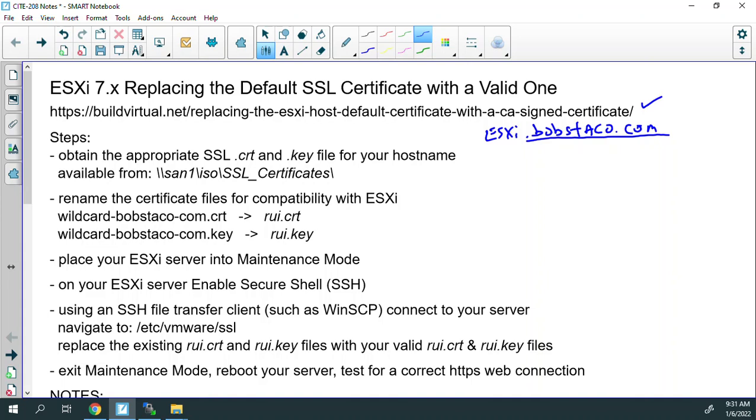So as owner of bobstaco.com, I've gone out and I've gone through the steps to generate a wildcard certificate. And a wildcard certificate, we do it like this. This is how we write it. And what it means is it means any host. So the one certificate that I've gotten for us, we can all use it because in my case, my host name is